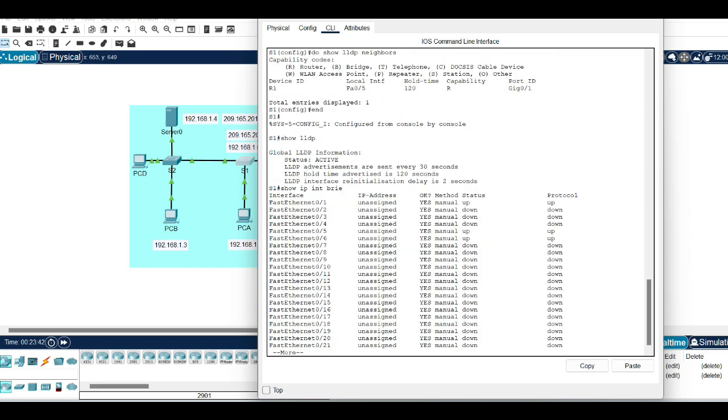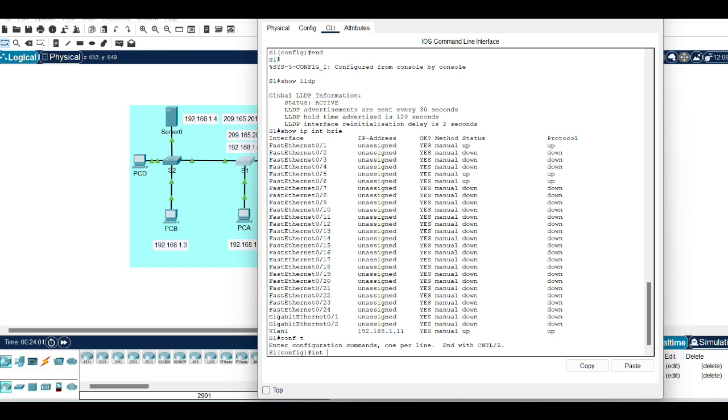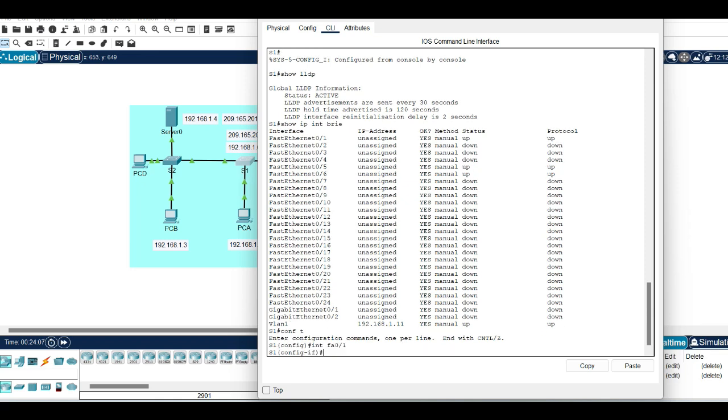So let me just check the interfaces. So let's say we want to enable the transmit and receive. So kita kena enablekan dia separately. Okay, so command dia adalah go into the interface. For example, the 0/1 path Ethernet. So it's already on. So you have to use LLDP transmit